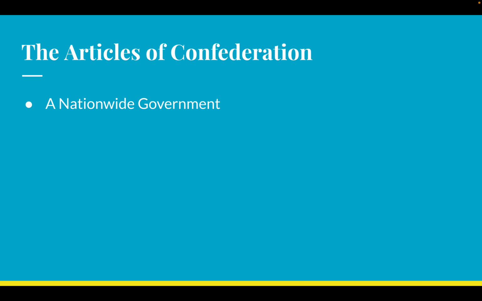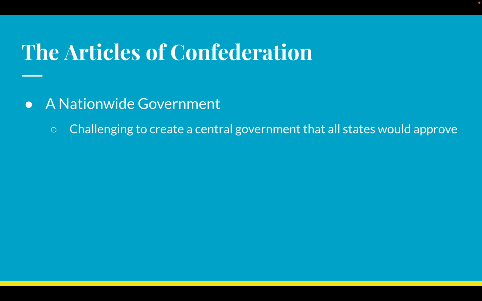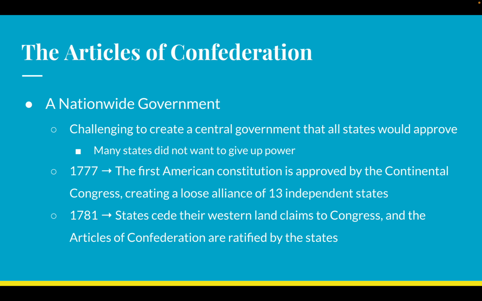Now here's where we get into the Articles of Confederation. Now up to this point, we have our state constitutions, right? They've existed since we were colonies, but we don't really have an overall governing body. We tried to with the Continental Congress, and that went fine, not great. We tried to with the Albany Plan of Union during the 7 Years' War, the French and Indian War. That one failed. So we don't have a super great track record of setting up a constitution or a central government that is effective and strong.